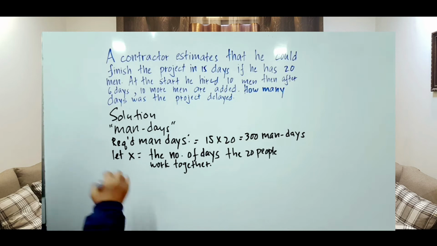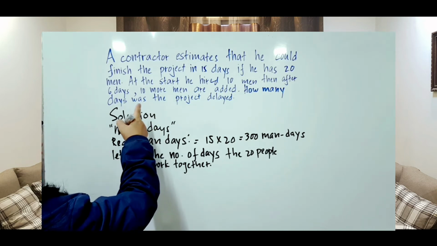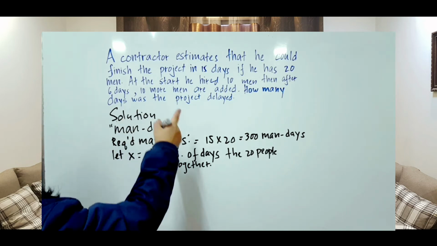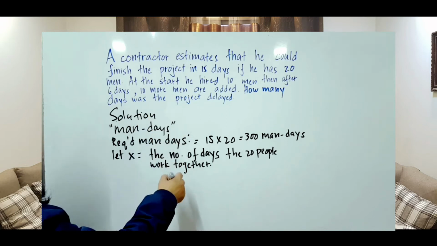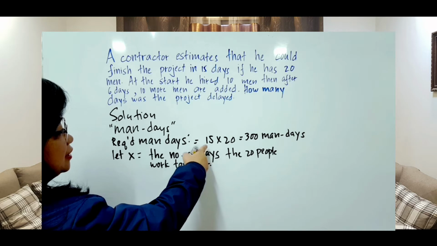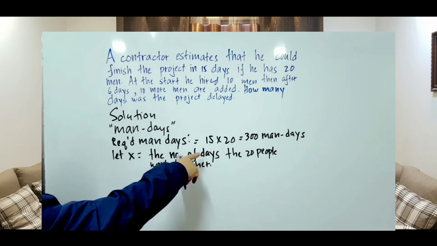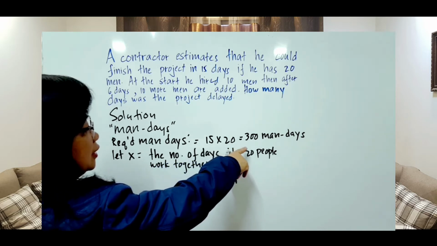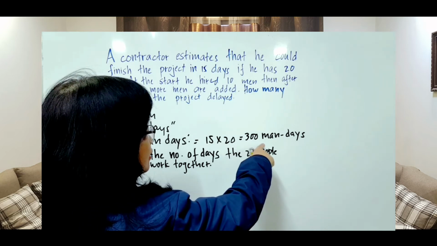Therefore, see here, at the start, so here for the estimated 15 days, there is by 20 people, so there are required Mondays